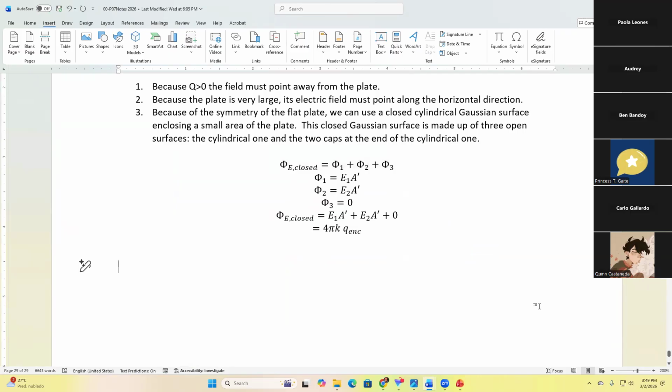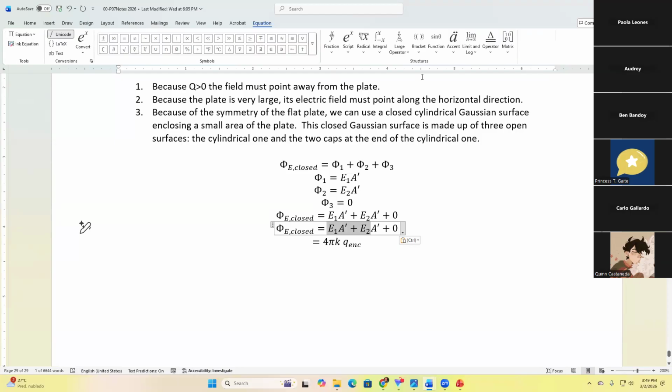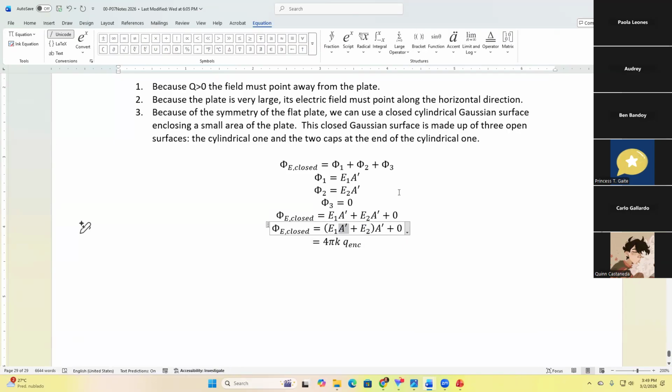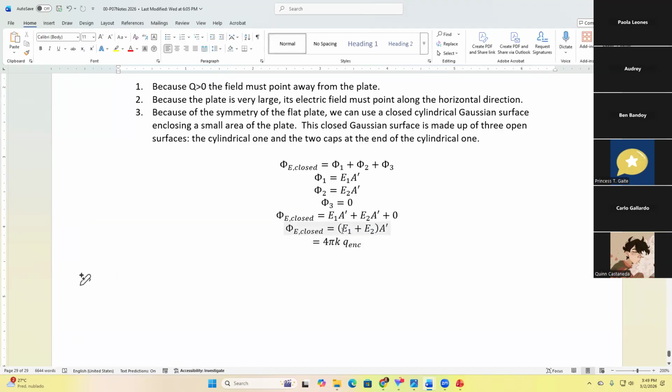We have this relationship right in here. Let's go another step. E1 plus E2 multiplied by A prime, right? That's what we get here. We do not need the 0 anymore. The area is the same. The area to the right is the same as the area to the left of the plate. And now we also recognize, we must recognize